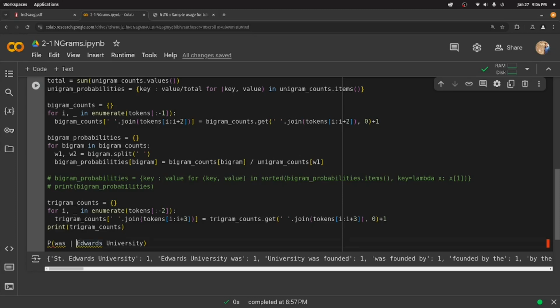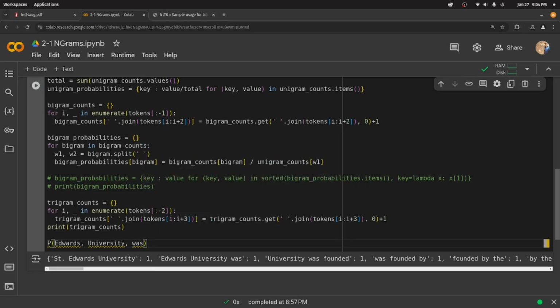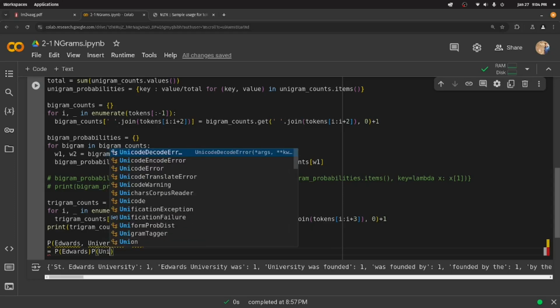Okay, good. So we know this probability, and as a matter of fact, if we think about what we're really looking for here, we want a joint probability distribution of what is the likelihood of this showing up. And we know that that's equal to the probability of Edwards, which we've got from our unigram probabilities, times the probability of University